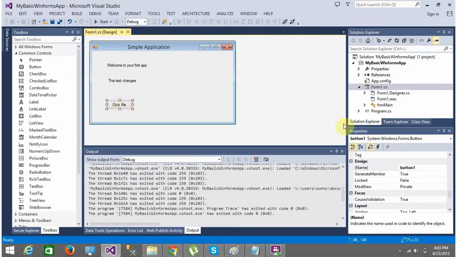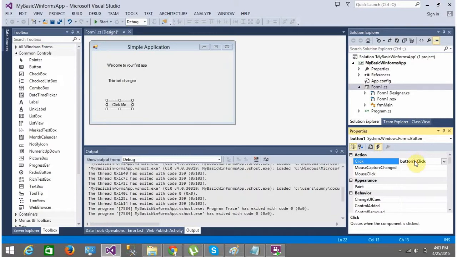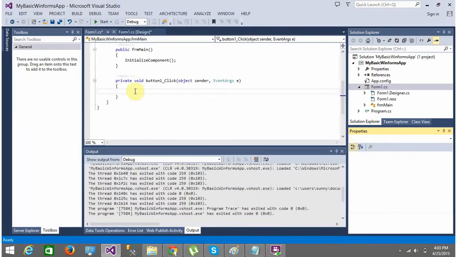So let me go to this button here on the properties window. Here I have the object selected as button 1. Here I have properties and here I have events. These are all the properties associated with the object button 1, and these are all the events associated with the object. I go to events. There are many events associated with this object, but the event that we are dealing with is click. So what happens when someone clicks on this button, right? Go here and double click on this area. You'll see button click. There is a function. Now we will come inside this function every time someone clicks on this button.